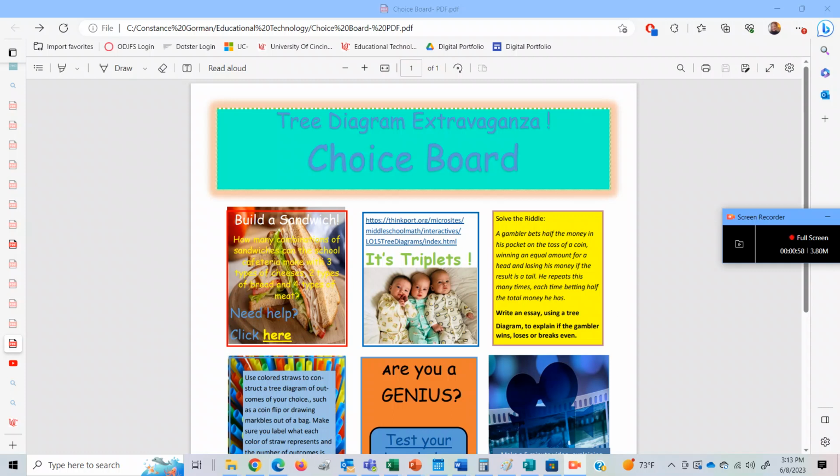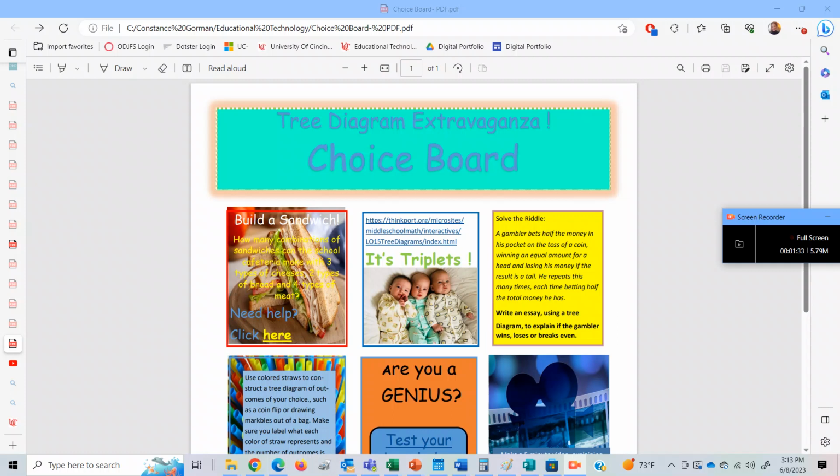So instead of 2 outcomes, heads or tails, like in the flipping of the coins, this is Build a Sandwich where you have a choice of 3 types of cheeses, 2 types of breads, and 4 types of meats. So it's a little different than just a coin flip because there's only 2 outcomes, and in this case you have 3 different outcomes. And we've introduced